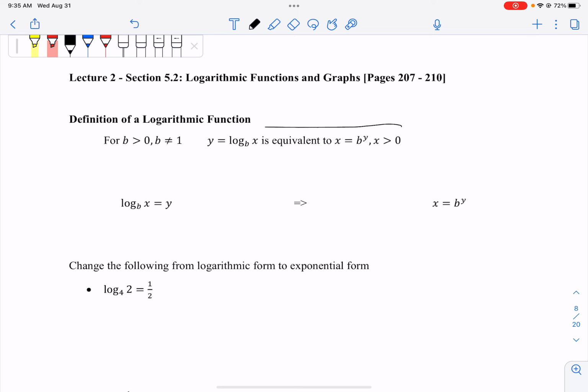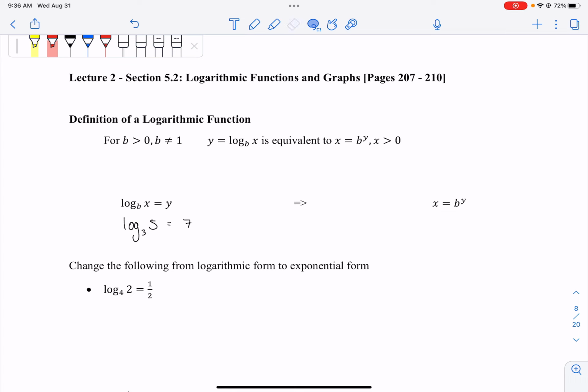Now, you can ignore all this for now, but I want to let you know how you're supposed to read something here. This is log base b of x is equal to y. So this base here is really important because if we change it to an exponent, it shifts over to become this. Okay? So let's say we have log base 3 of 5 is equal to